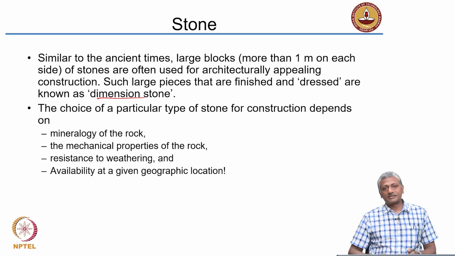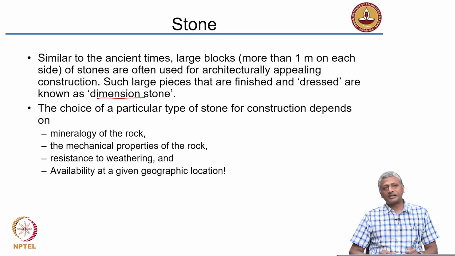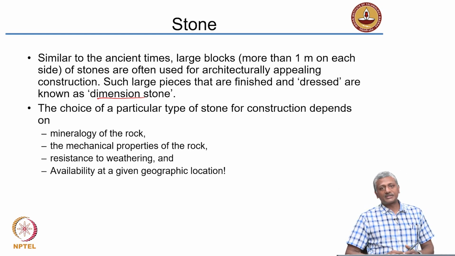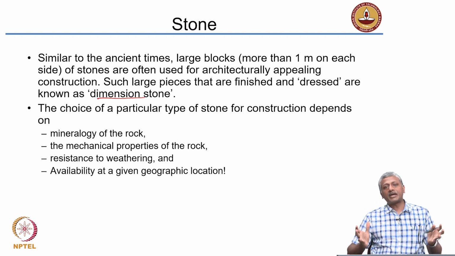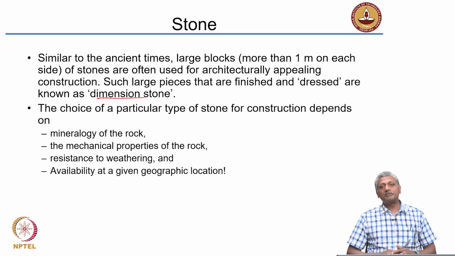They are a few meters in size, and it must have taken quite a bit of effort from the workers to carry and put them in place. But today, we realize that we can bring in a lot more advantages by using smaller blocks and putting them together in different patterns to make the construction possible. Increasingly, we reduce the size of the stone blocks, making them easier to handle by workers on the site, so that we can impart the same characteristics while cutting down the size. Even many of our temples and old forts use fairly large stone blocks, and those are called dimension stones.